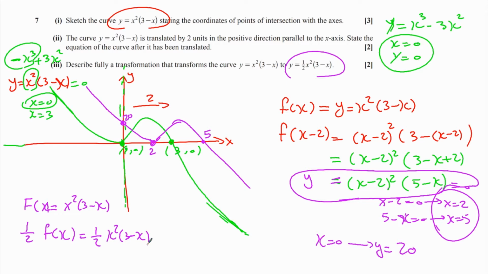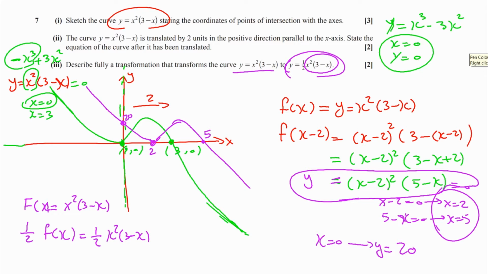So when we say we are timing by half, you see this is our previous y, which was in here, but this is our new y, which is times half. So what happens if we time everything from a y aspect by half? Just look at what happens in here. I'm working on the green